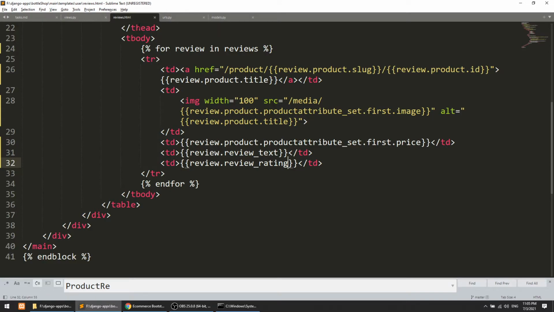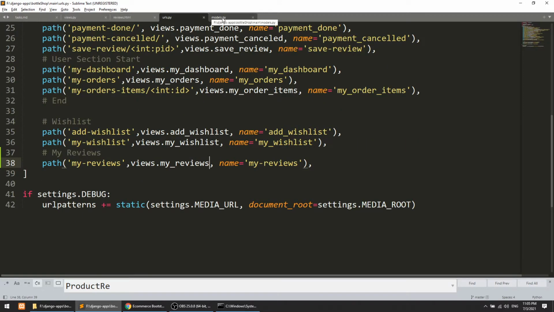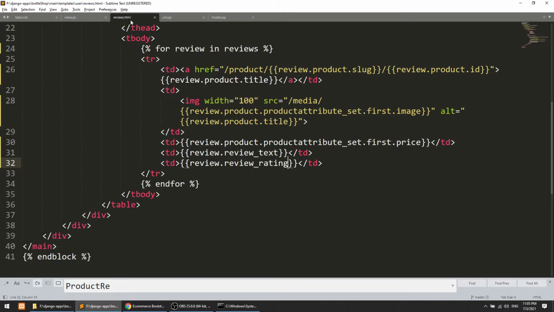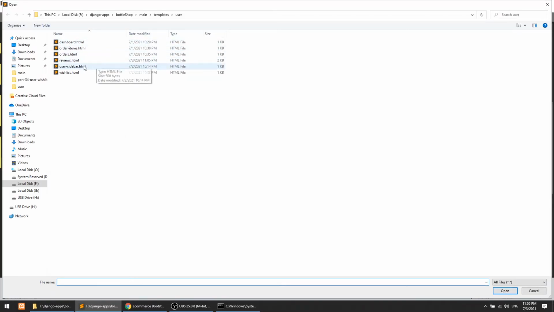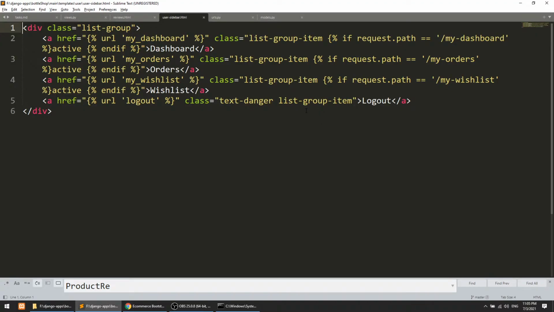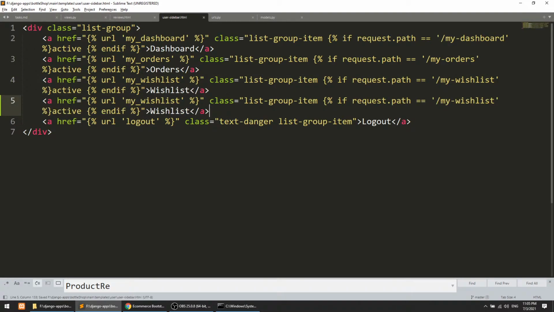We have created the template and the url. Now we need to create the link in the sidebar. Like the wish list, I will add my reviews, and similarly do the if condition for my reviews.